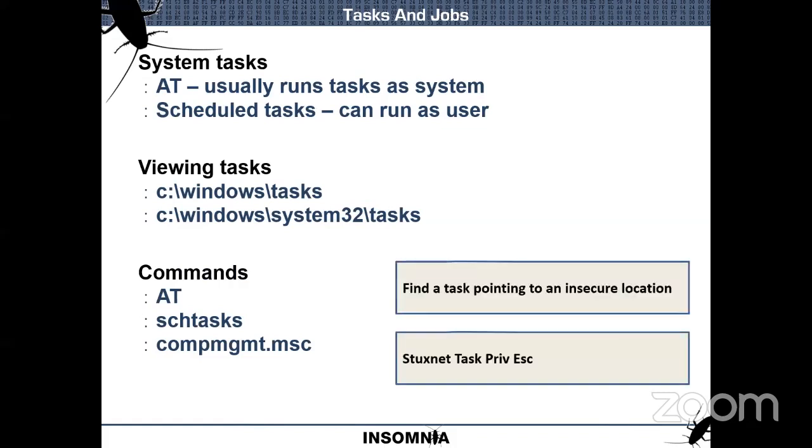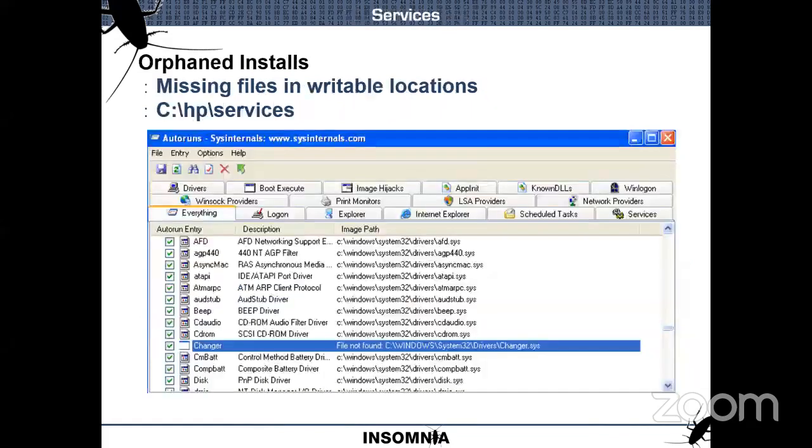If you are very lucky, you may find an entry for a service or other hook that is not on the drive. If you can write to the expected location, then you win.